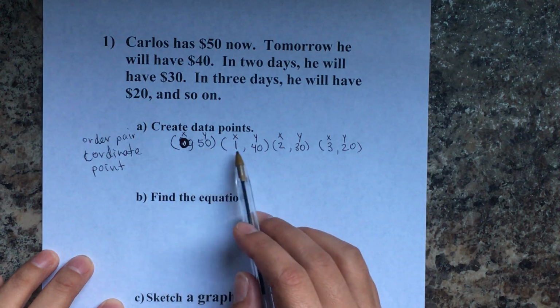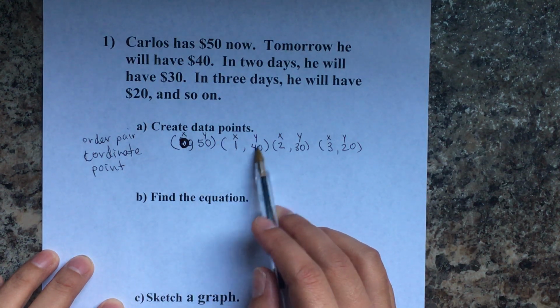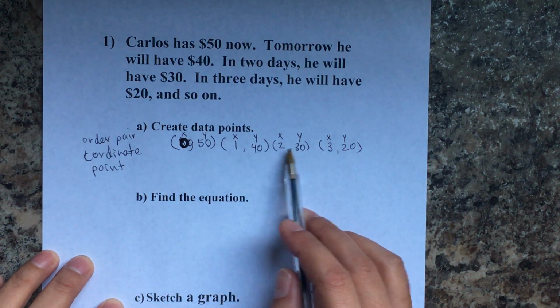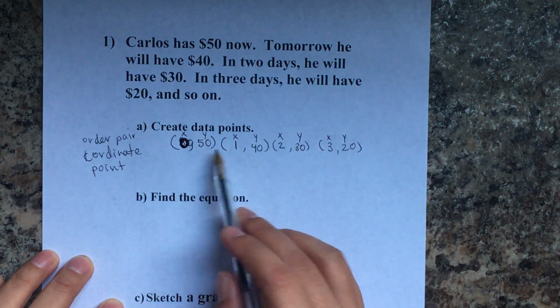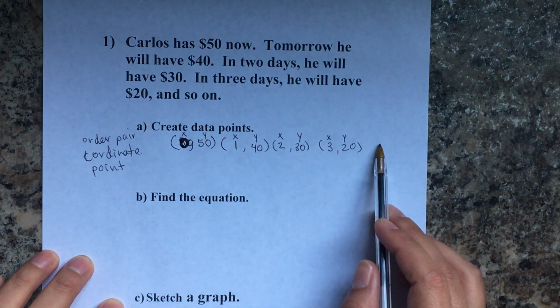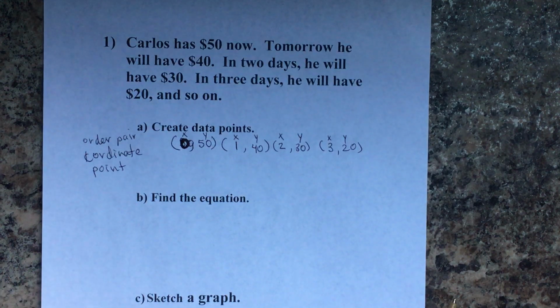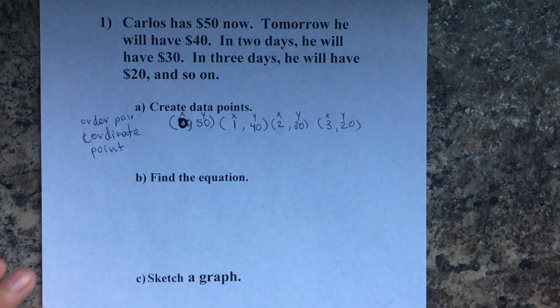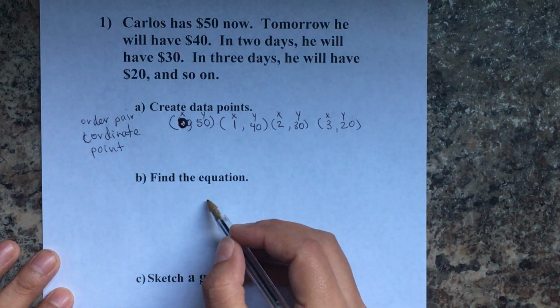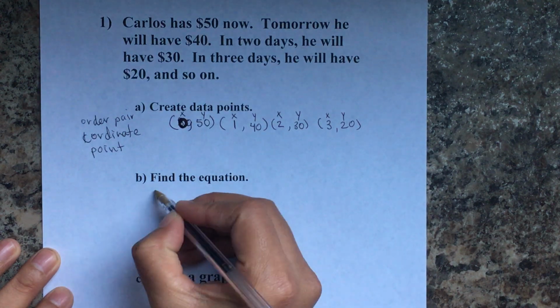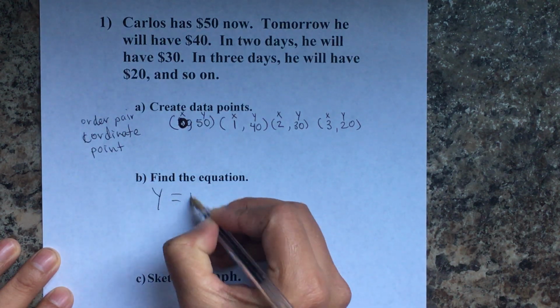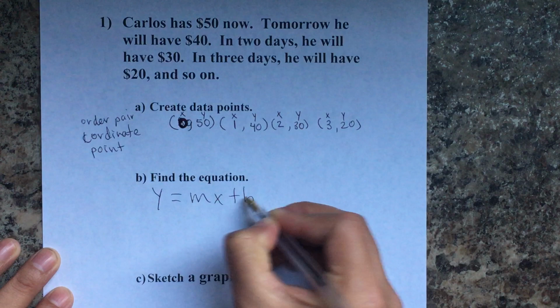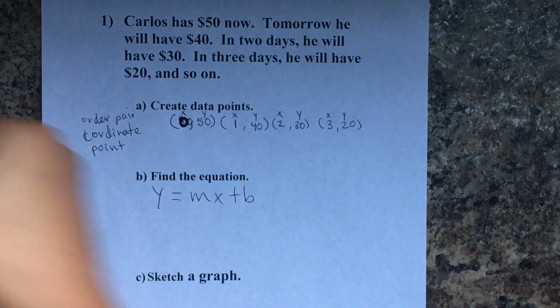Right now he has 50, tomorrow he will have 40. Oh, look at what's happening. The day after that is 30. So 50, 40, 30, 20. You can do the other one even if it doesn't give you the information, but we're just going to leave it like that. The equation for y equals mx plus b, in the previous lesson we learned that this is